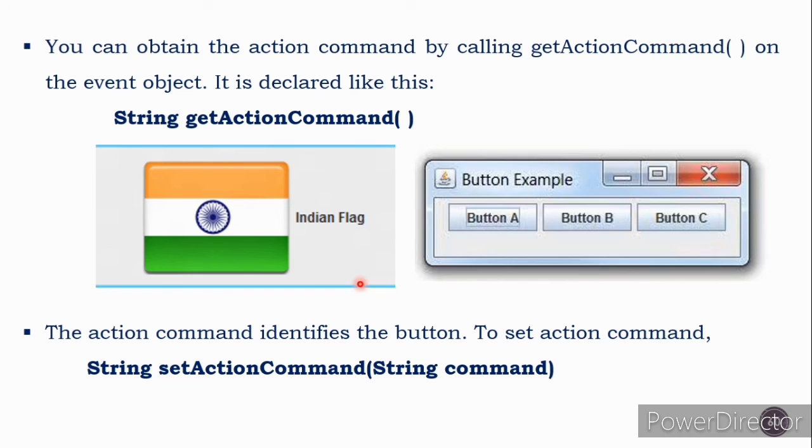And if no action command is set for that button, it will return the button label. See here, these are button A, button B, button C. What we are seeing now are the labels of those buttons. If no action command is set, by default it will use that label as the action command in the JButton. Thank you.